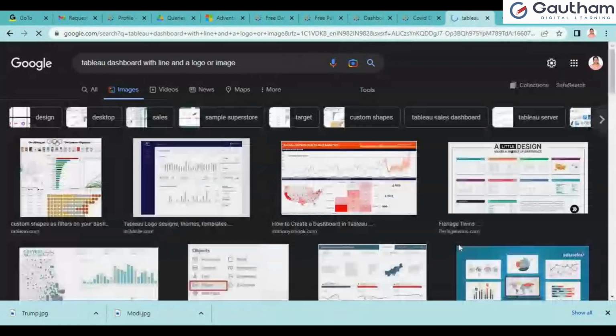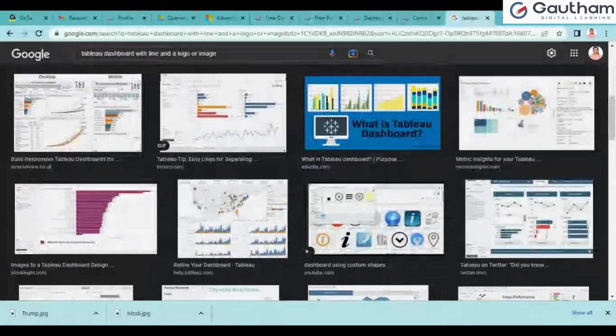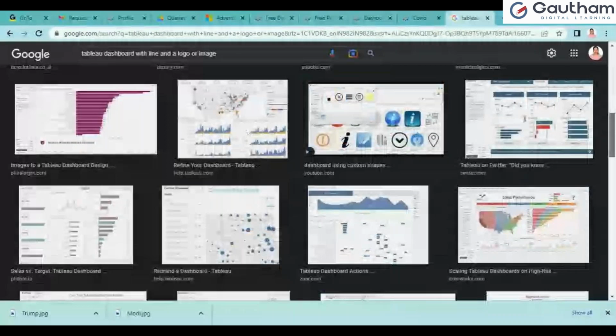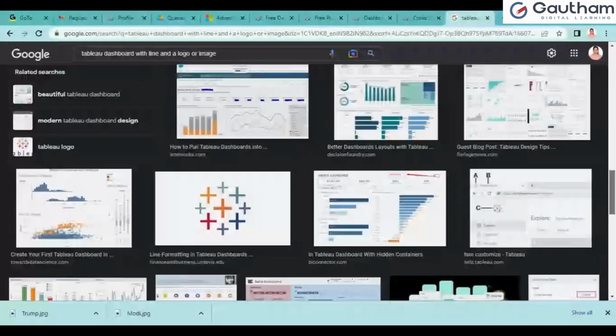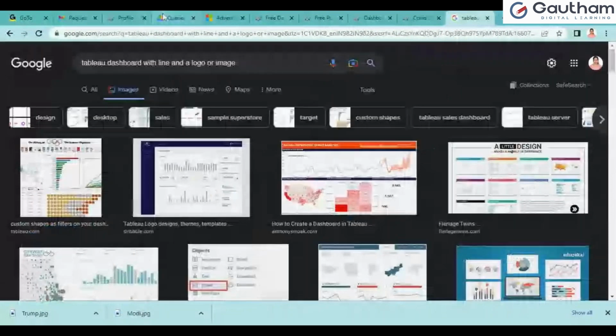This one I showed you, if you remember, the word cloud, right? Let me show you. Dashboard with line and Spider-Man image dashboard.